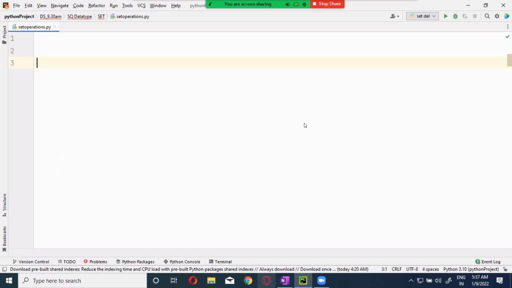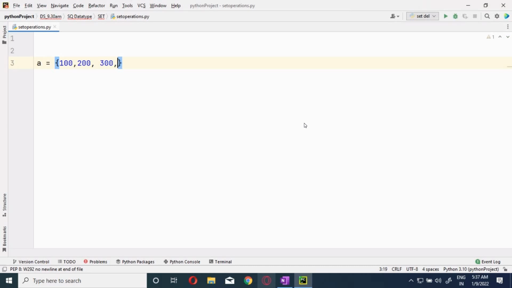Now, I have a set A equal to 100, 200 and 300. I will give some colors inside this, some blue and green, purple, and 400 I will keep as well.